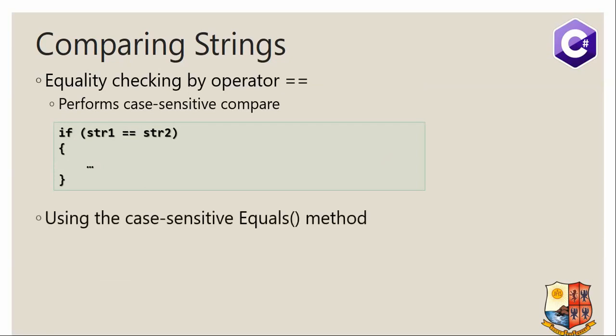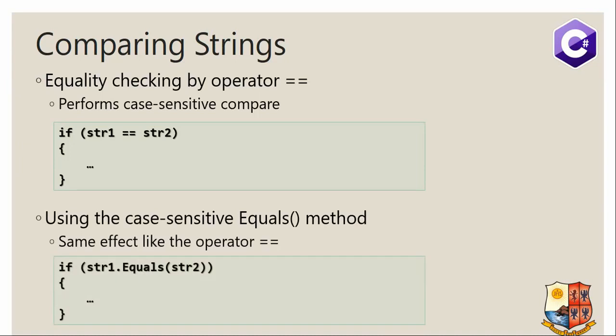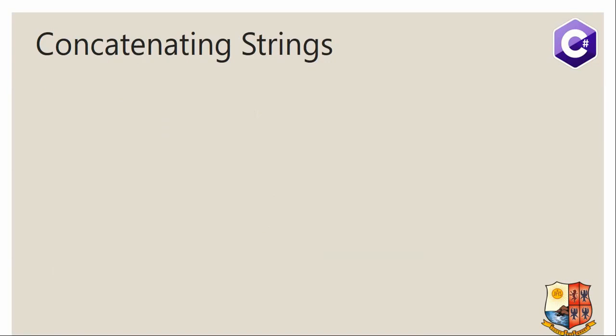Also, just like how Java has equals, you can just say string1 dot equals. That's also fine. But you'll have to pass string 2 as a parameter to this particular method. That is comparing strings. Concatenating strings,